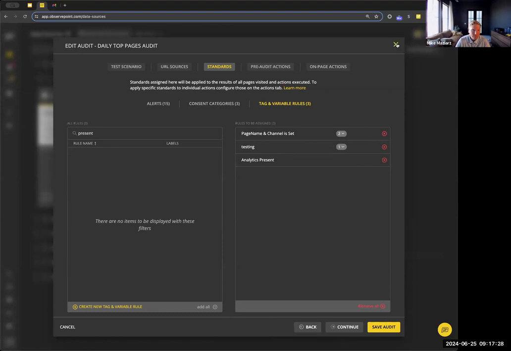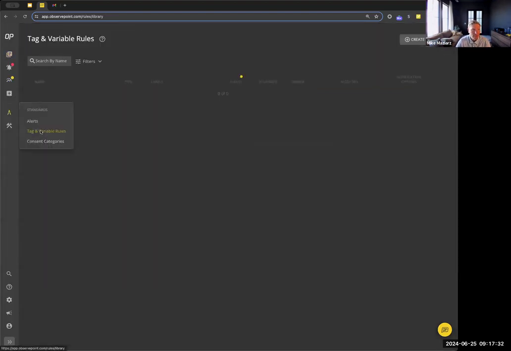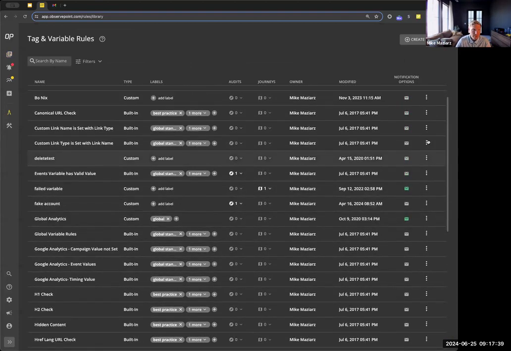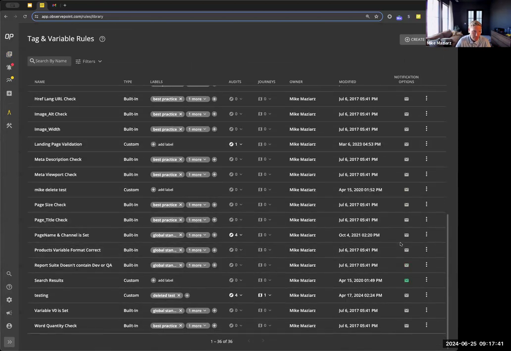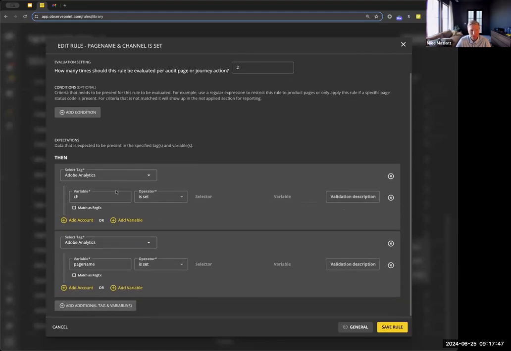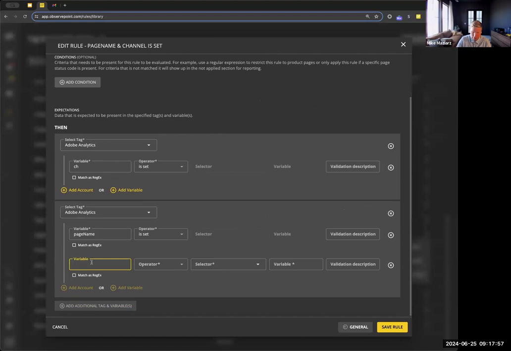So that's kind of the first level. From there, we can get more specific, right? And this is where I talked about, when we have our more specific audits, we want to have a little bit more about things that are set or expected to be set. So for instance, for analytics, we probably should have a channel variable. We probably should have a page name. So you can have something very simple like this. You could even get more specific, right? And so we could add more variables here and say,